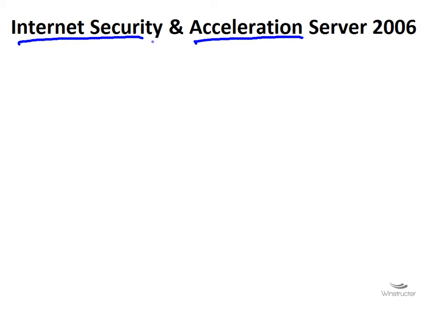All right, so let's take a look at this acceleration part or caching part of ISA Server. Let's see how it works. So let's say we've got a user here. There's our user, and they're going to fire up a copy of Internet Explorer. Well, it doesn't actually have to be Internet Explorer. It could technically be any web browser. And let's say this user wants to visit a random website. Let's say they want to go to